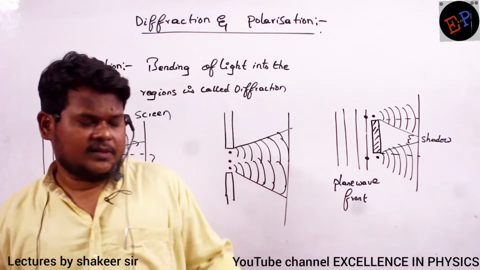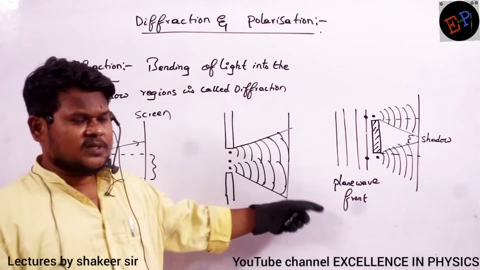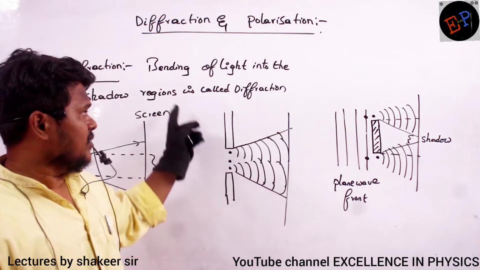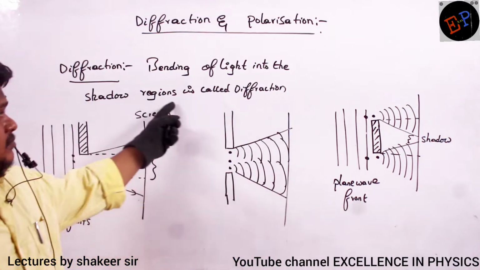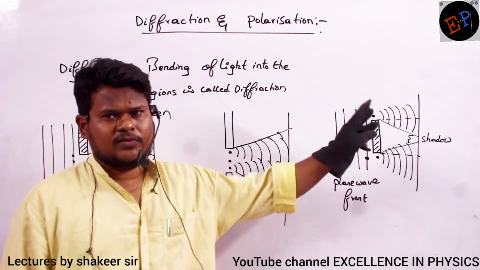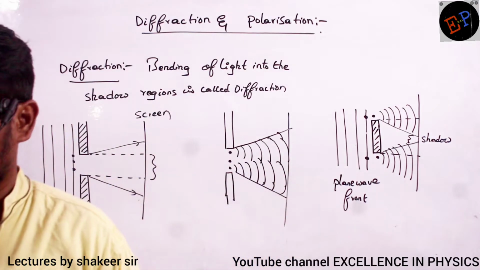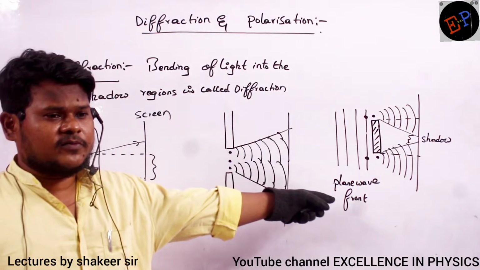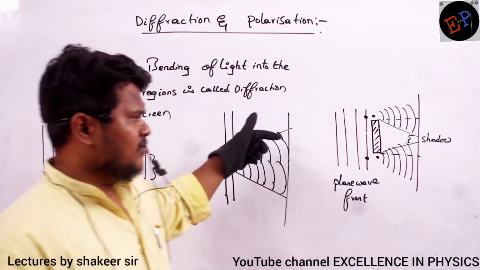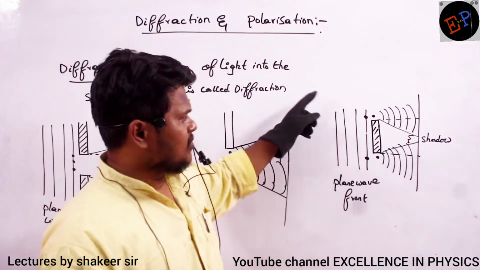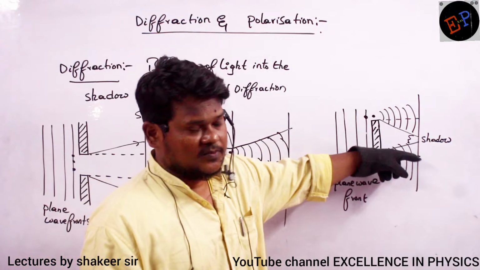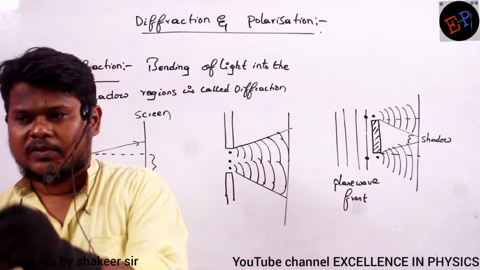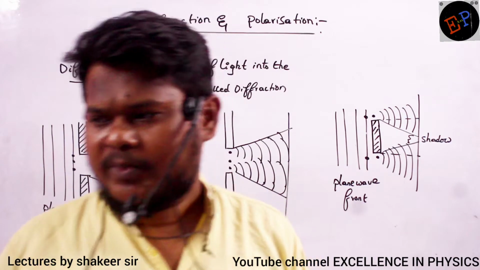So in this phenomenon and this phenomenon, what is the common thing which we observe? Common thing is light is entering into the shadow region. This principle is called diffraction of light. Write down. It is possible only if light is traveling in the form of waves. If light is traveling just like a particle, it is not possible. Here light waves are spreading, and only then can it enter into the shadow region. So the diffraction principle proves the wave nature of light.